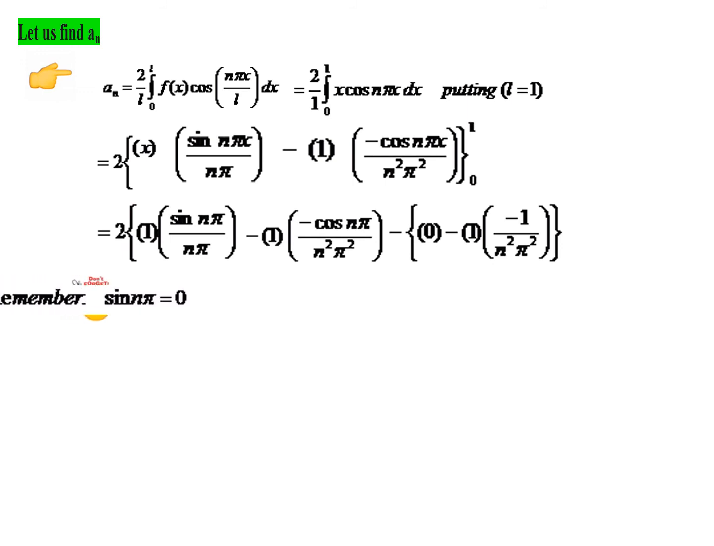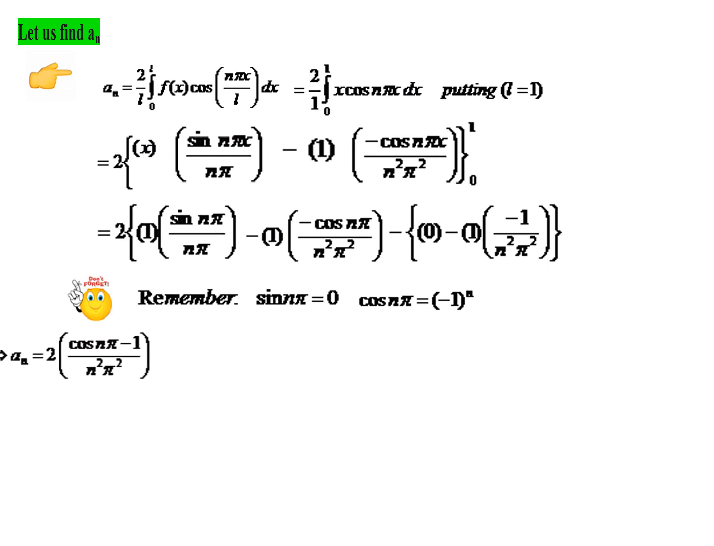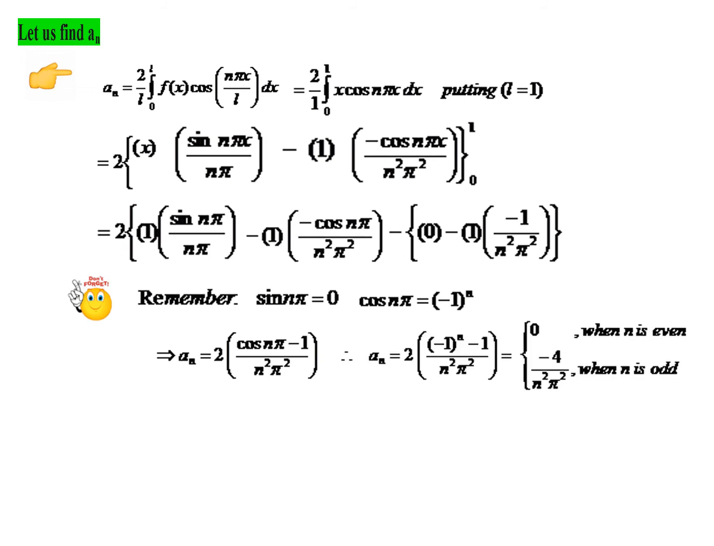So remember these formulas always. Sin n pi is 0, cos n pi is minus 1 power n. So substituting these values, we have the answer of an as 2 into cos n pi minus 1 divided by n squared pi squared. So we will have like this. And now you can replace cos n pi as minus 1 power n. And already we have learned, whenever we have 1 and minus 1 power n together, like this,